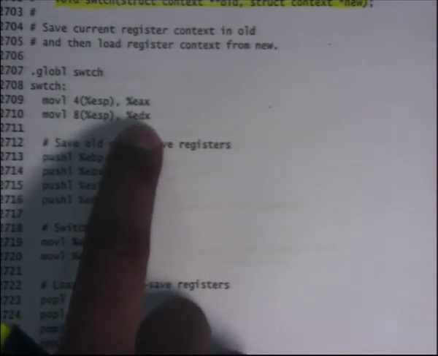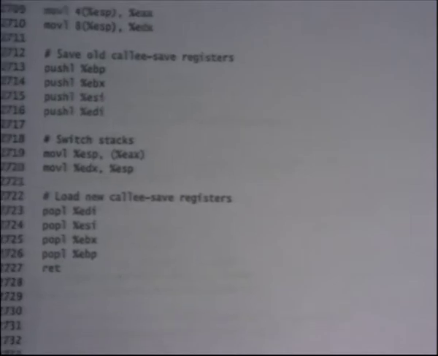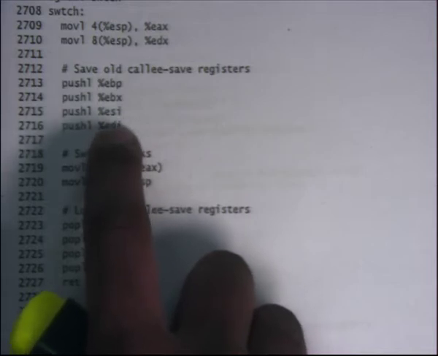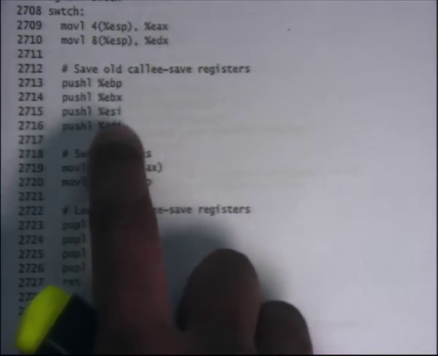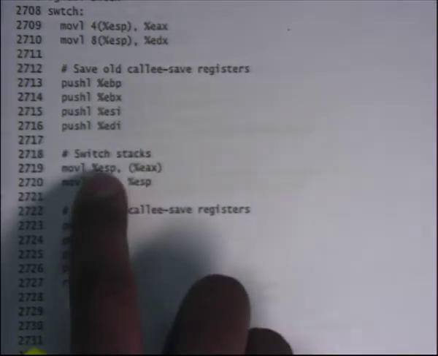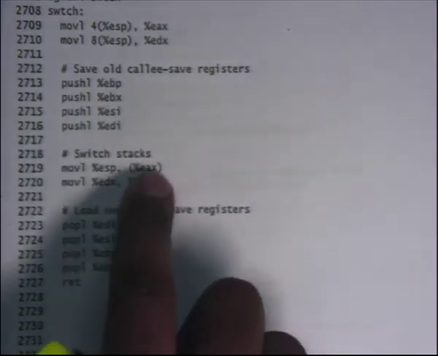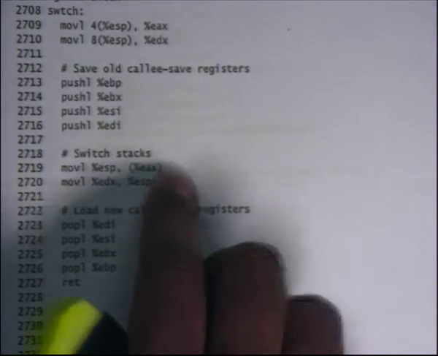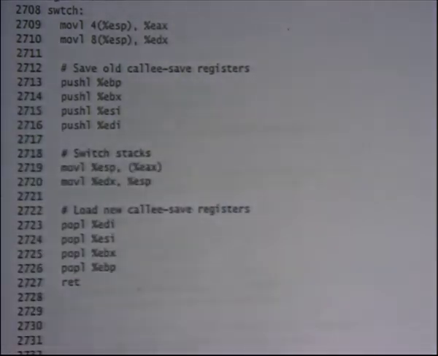Take the second argument, at offset 8, put it into EDX, that's the new pointer. You push values on the current stack, whatever the values of the registers are, and you move the stack into the old context.